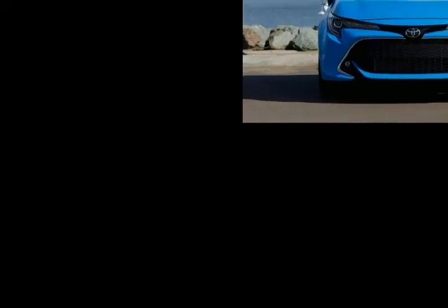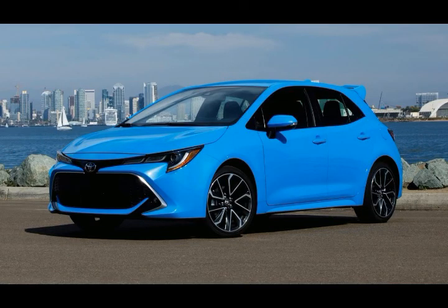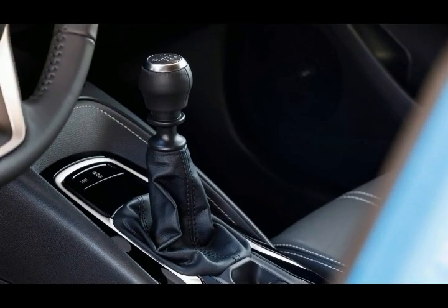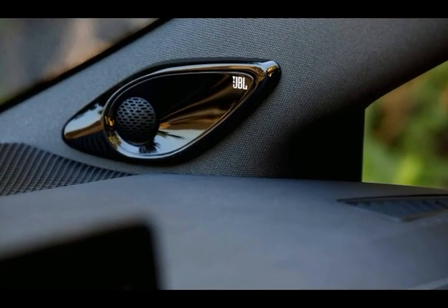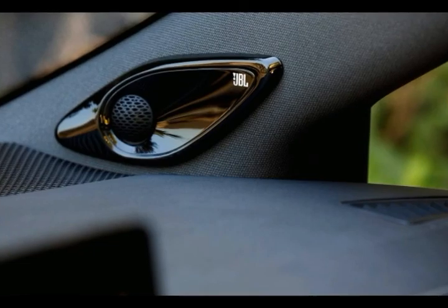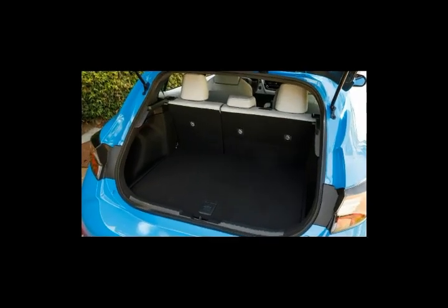It comes equipped with the automaker's Entune 3.0 app suite, and for the first time, Apple CarPlay and Alexa voice command compatibility. Android Auto, though, remains absent. Toyota cites privacy concerns for excluding the tech. Qi wireless charging is another useful feature, and the optional JBL 8-speaker audio system pumps a crisp sound throughout the cabin. Whether you opt for the base SE model or a loaded XSE, the Toyota Corolla hatchback comes standard with